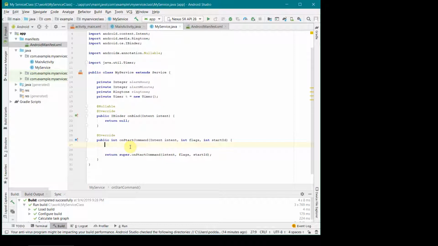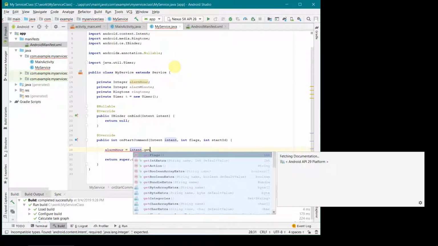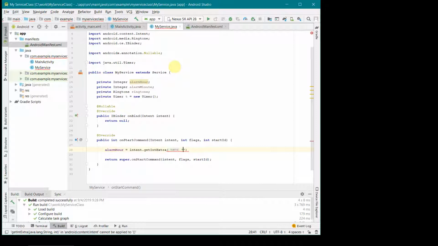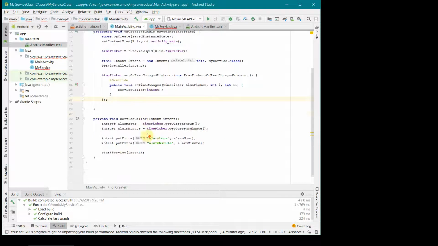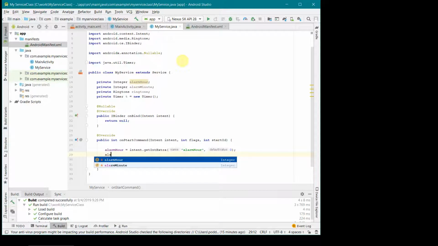So we can go over here for coding. First and foremost, we'll get the values which are being passed from the main activity to the service class. So what is the alarm hour, and then we can do intent get extra because we are passing it from there. And over here, please make sure that you have the same string. To be sure, you can copy paste from here because it's not a local variable, so there won't be any kind of validation check from the program. You have to also give a default value, so you can give 0 as a default value for simplicity.